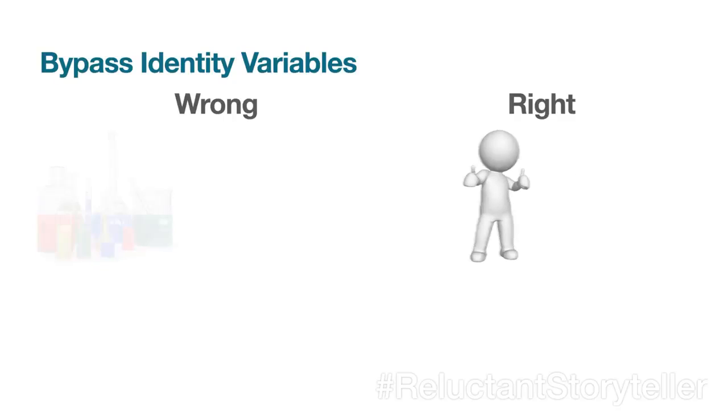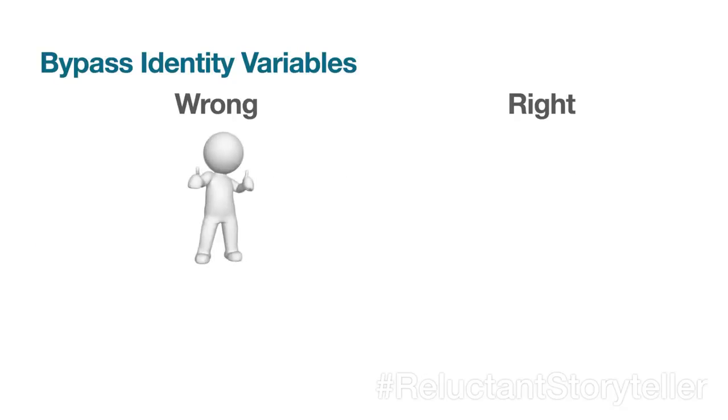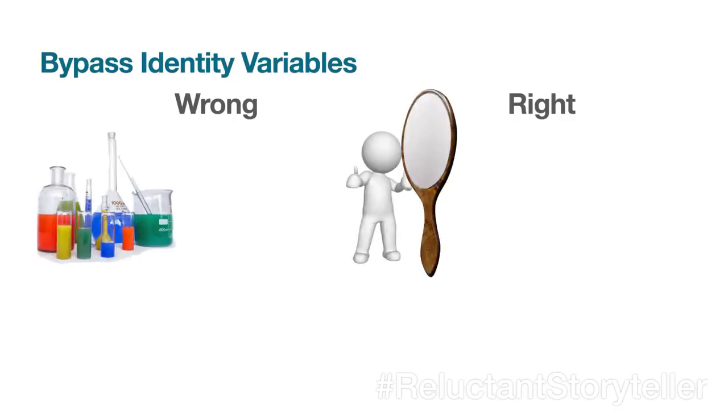Not in the real world. Let's just put Robert back in the wrong. Because in the real world, what often happens is that you give Robert some facts, he starts to move to the right, and then the identity variables raise their ugly heads. Now, I've used the mirror here to represent the story that I was telling you earlier on of me looking in the mirror. So here is what you should do instead.